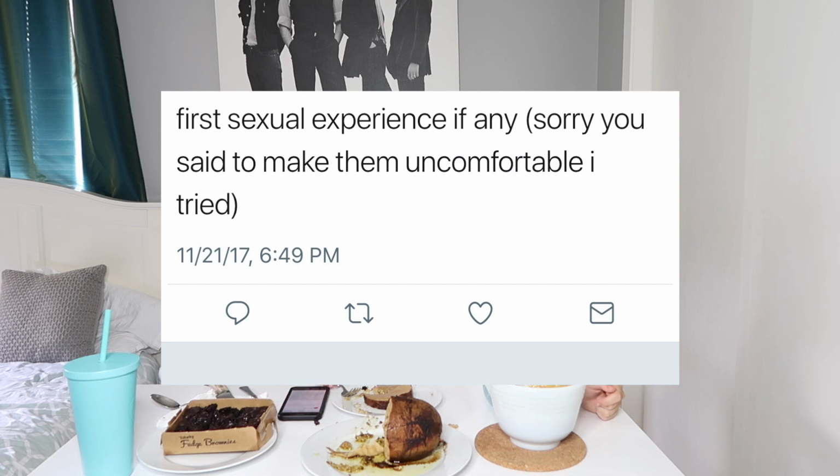These brownies are hella good. Holy fuck, those brownies are so good. First sexual experience, if any. Oh man, my love life is all over the place. So my first sexual experience would definitely have to be the first time I tried an iced almond milk latte. It was so good that I literally